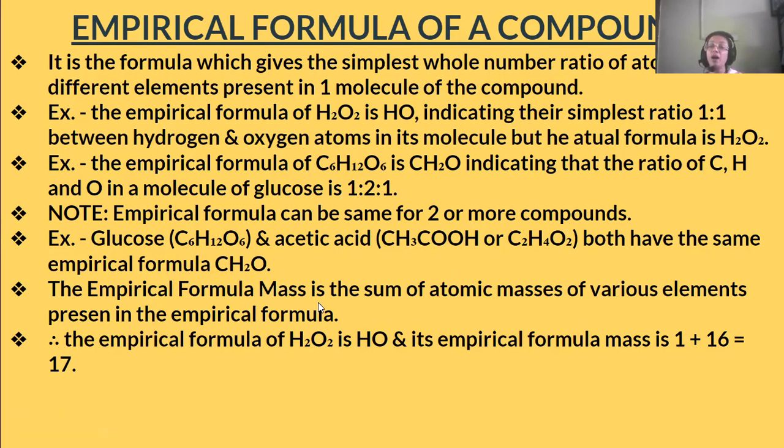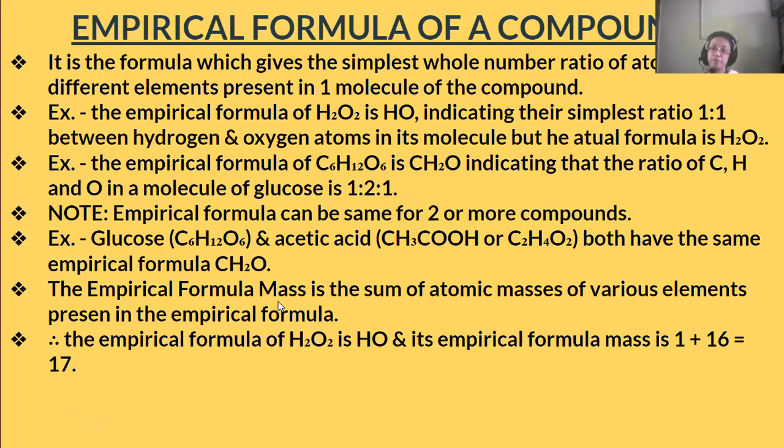What is empirical formula mass? It is the sum of the atomic masses of the various elements present in the empirical formula. Like in glucose and acetic acid, the empirical formula is CH2O. We take the mass of carbon, the mass of 2 atoms of hydrogen, and the mass of 1 atom of oxygen, and add them up, and that gives the empirical